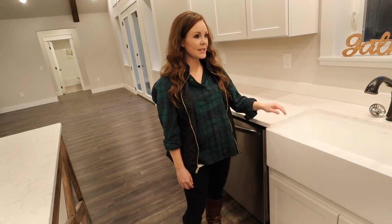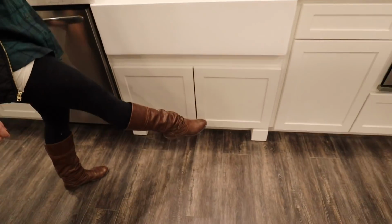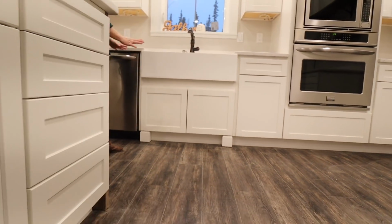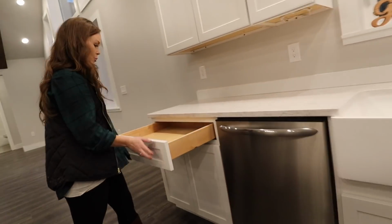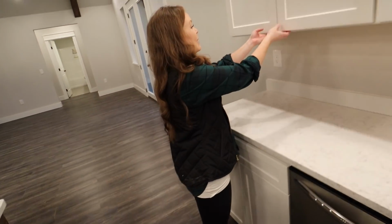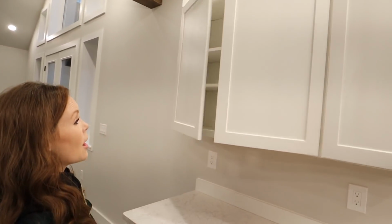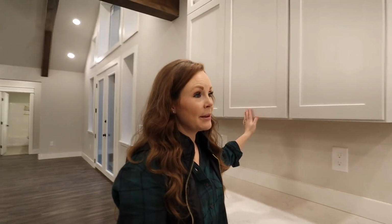We'll see how well it keeps clean. As long as you like it. We went with these little pedestals to kind of make it a little bit different, a little fun. All of our drawers are soft closed drawers, so you can go like this and they hug in. There's no slamming of it. Same with your top. They just kind of hug right on in, which I really like because little kids like